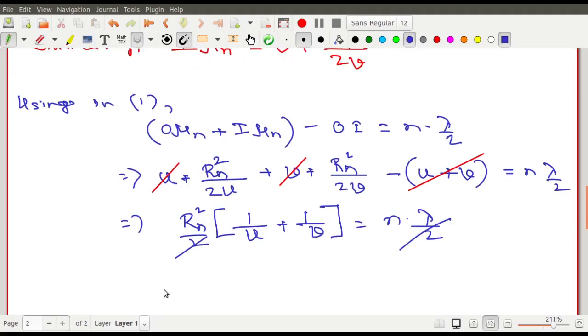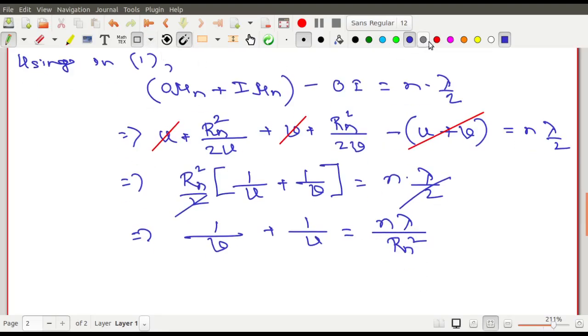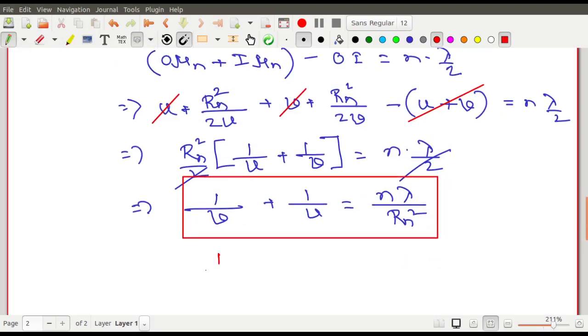So this u gets cancelled, and you have 1 by v plus 1 by u equals n lambda by Rn square. And you know that this is the formula of convex lens for real object and real image. Convex lens, real object, real image. Actual formula, you will say sir it was 1 by v minus 1 by u equals 1 by f. But you know that for convex